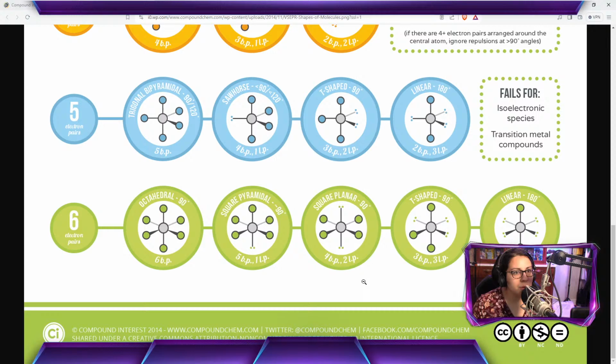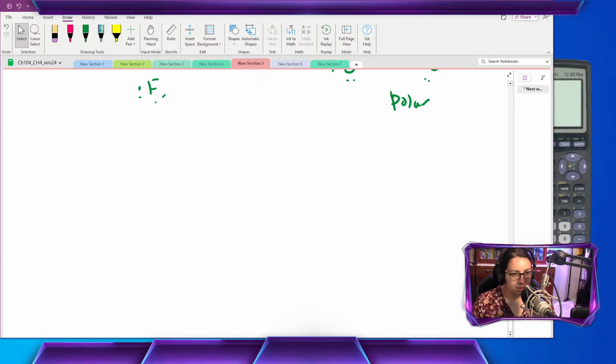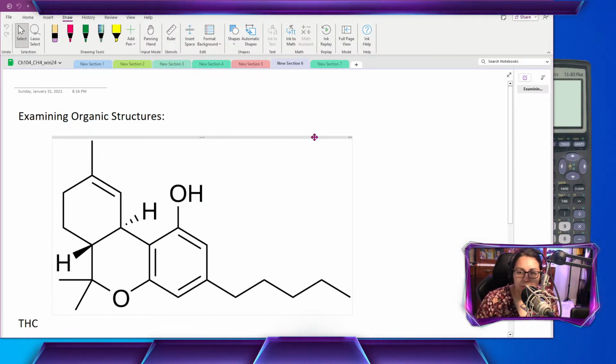I think I'll try to post this on your notes to help you as another reference sheet. So how are we feeling? Any questions so far? Definitely ask questions,